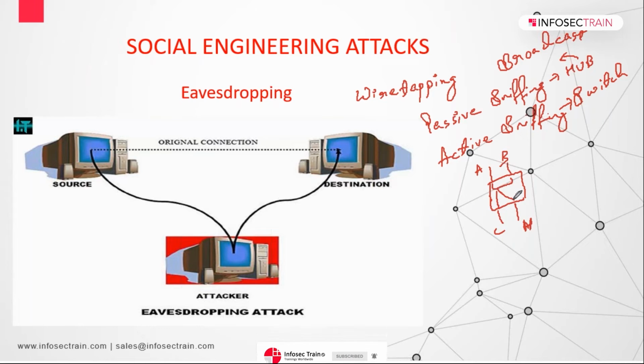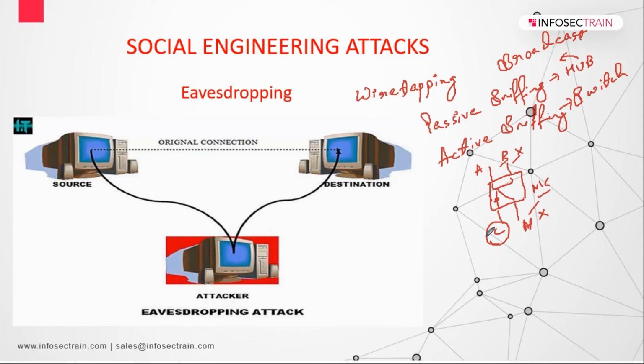Perfect. But moreover, what happens? H and B will not accept that packet or that data, because their NIC, which is a network interface card, is set up in such a way that it is already in managed mode. So they will just check, okay, this data packet does not belong to us, and they will just reject that data. Although the data is being delivered to both these ports as well, they still won't accept it. And C will check, okay, this data's address belongs to me and it is mine, so it will easily accept that data and be able to see it.